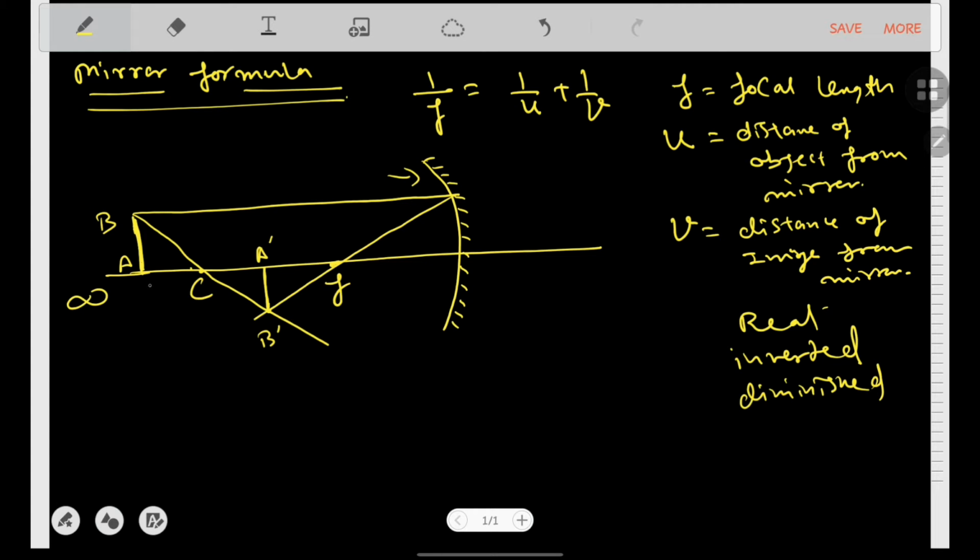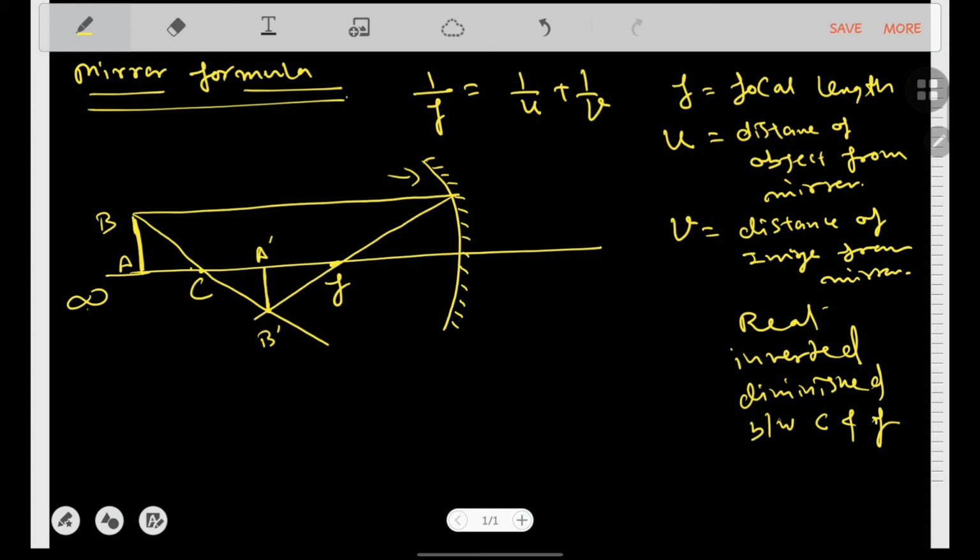When the object is a distant object, that means at infinity, then the image will form pointwise, and whenever the object is in between infinity and C, you will see obviously the image is going to be enlarged something, but not more than the object. It is just enlarged from the point only. That's why it will be diminished. And where is it formed? Between C and F. So this characteristic you will take here.